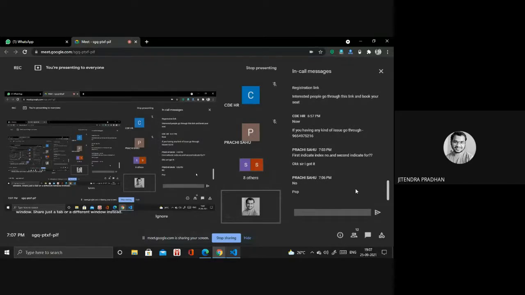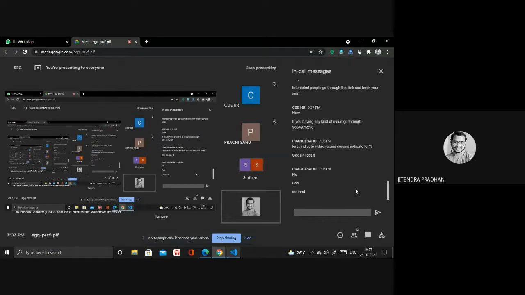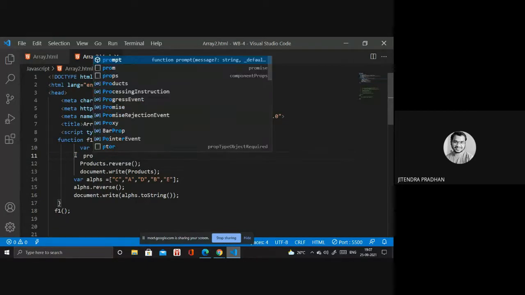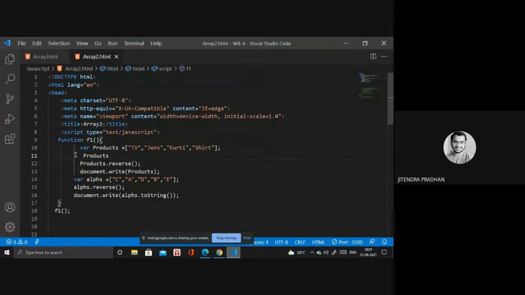Pop method. But in the pop method, I will not add anything, particularly a number. Wait, I will show you. In the pop method, I will only write the pop method, just like products.pop.